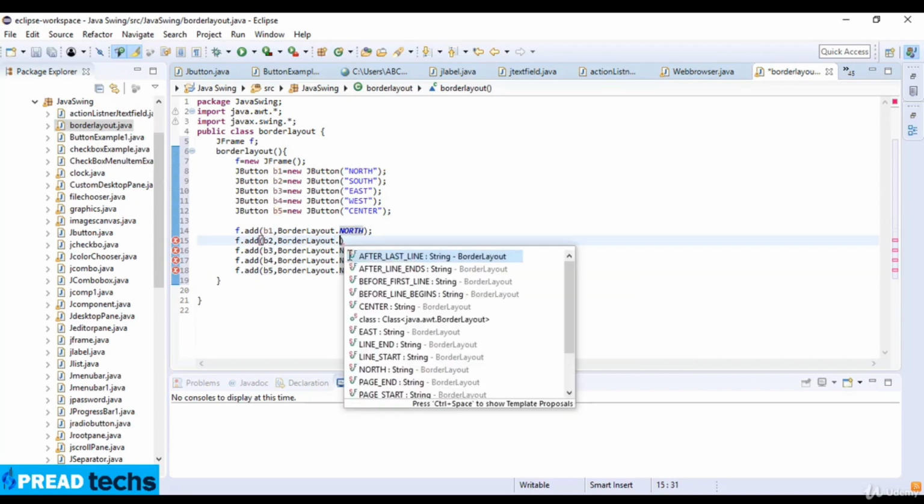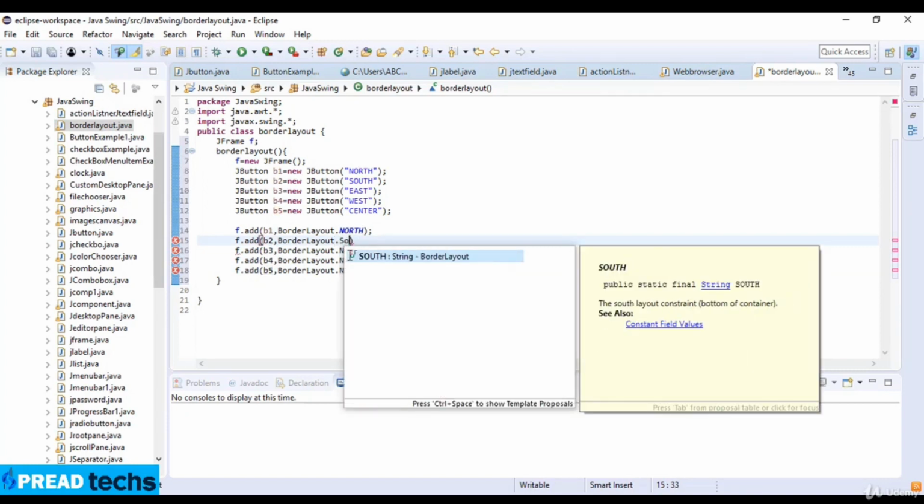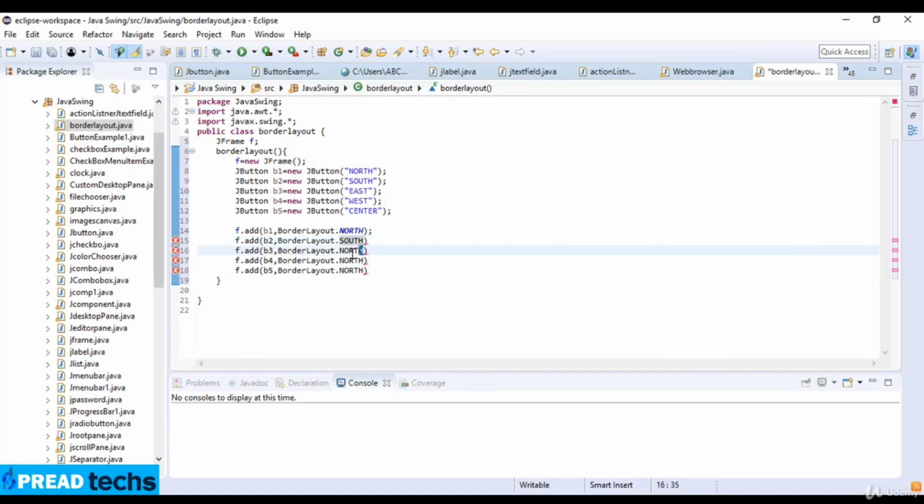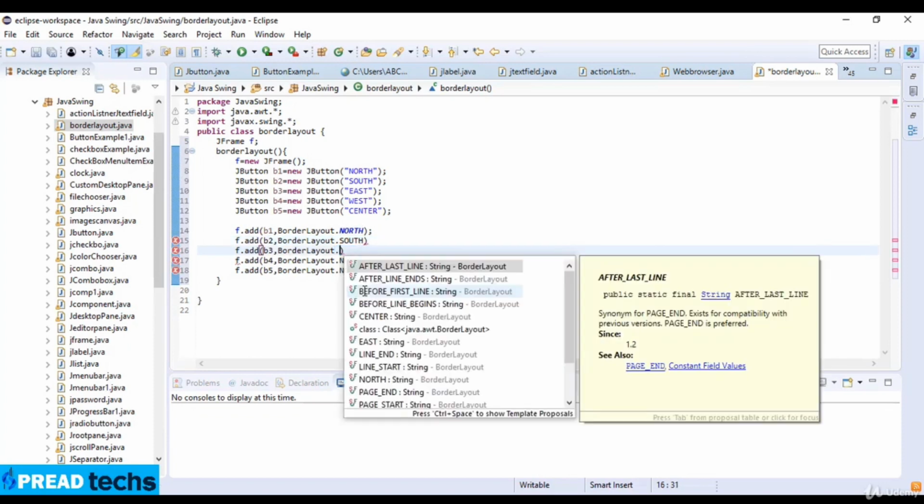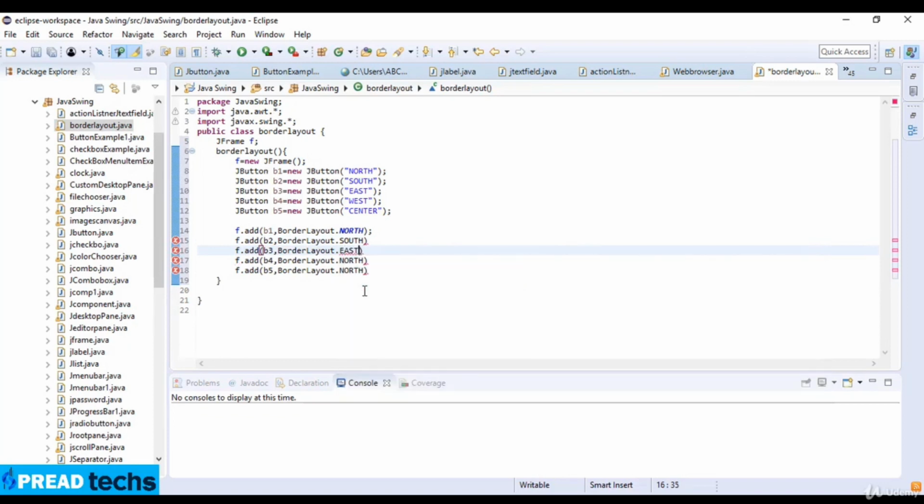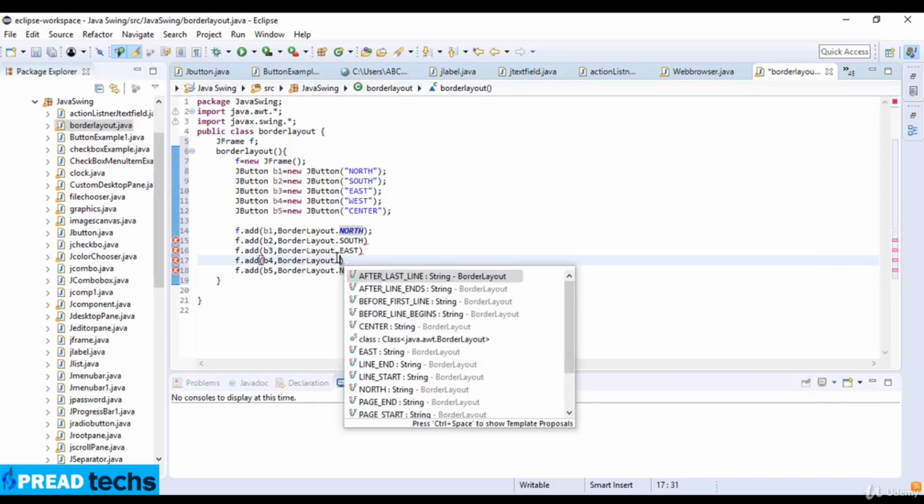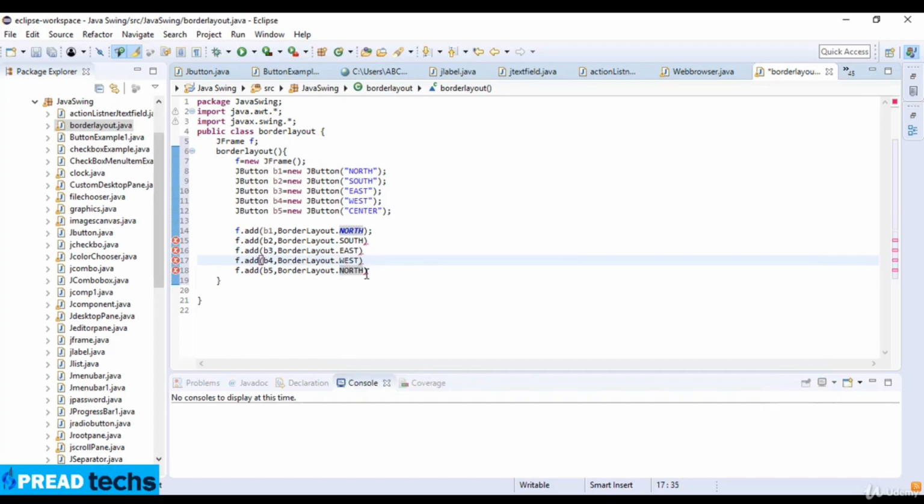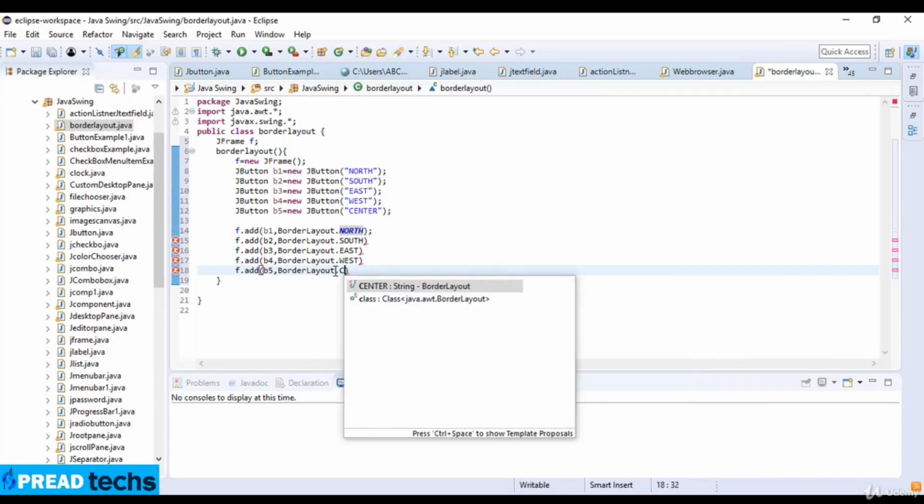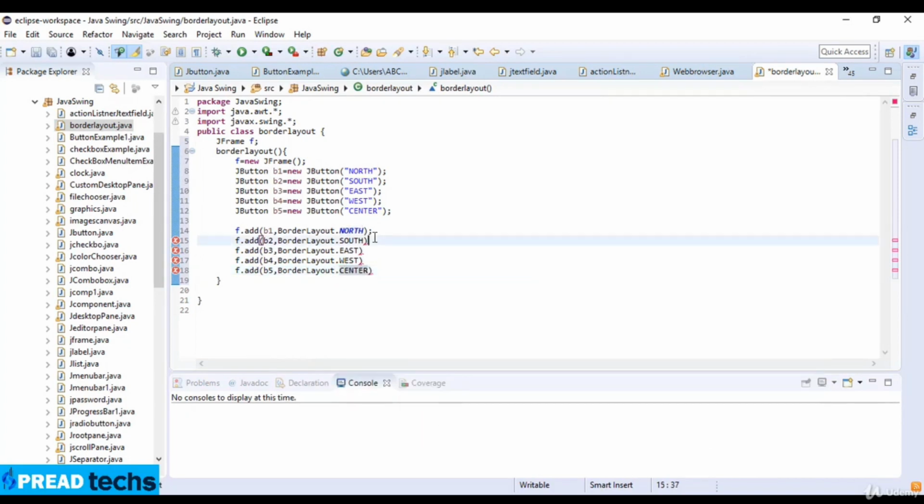So first I write dot south, then I write here dot east, then dot west, and at the last dot center. So I close this code with a semicolon, and the semicolon. Okay,